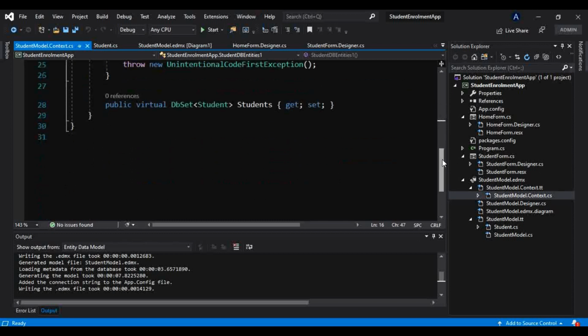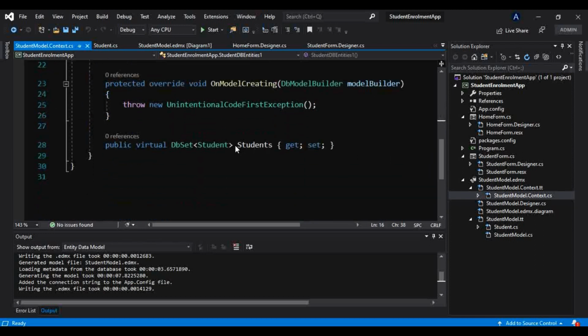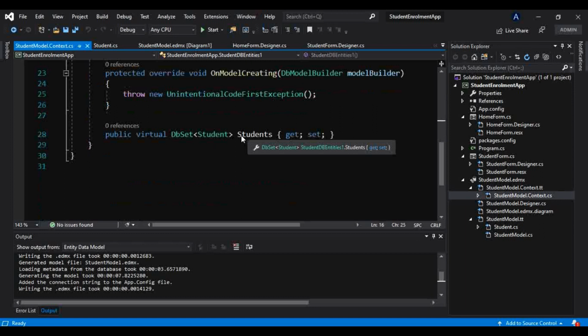In that it has created this collection of students. Whatever list of students we have in our database, we will get from this Students collection. So this database name is nothing but a class, and inside that class there is this collection, from which we get the list of students we have in our database.